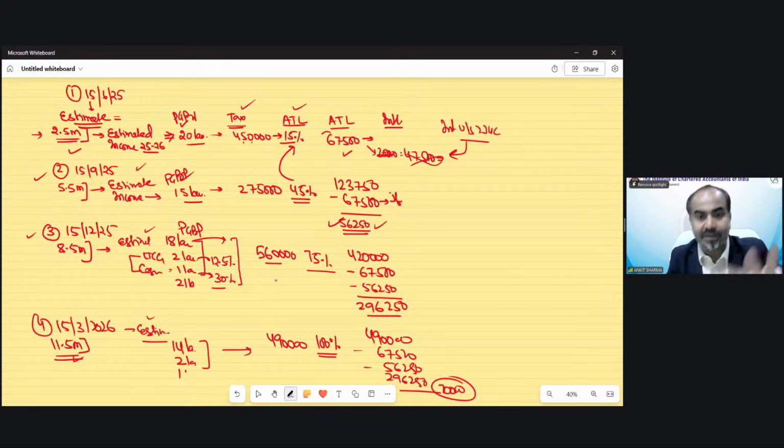So fine. First of all, understand the advance tax process. So this is the advance tax process. Advance tax liability would arise on the basis of your estimation. So your income would be most accurate at the time of the last installment. Understood?